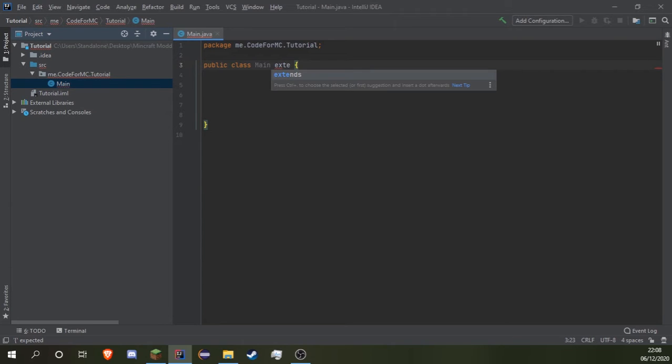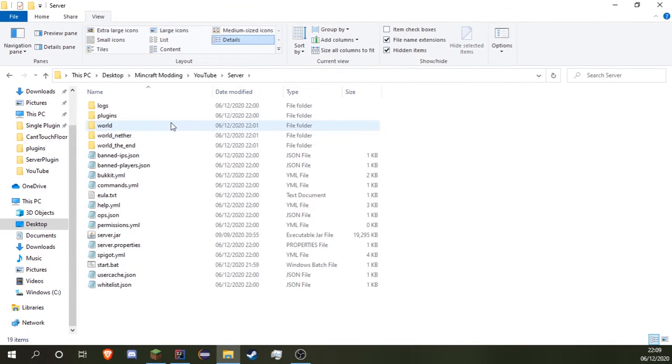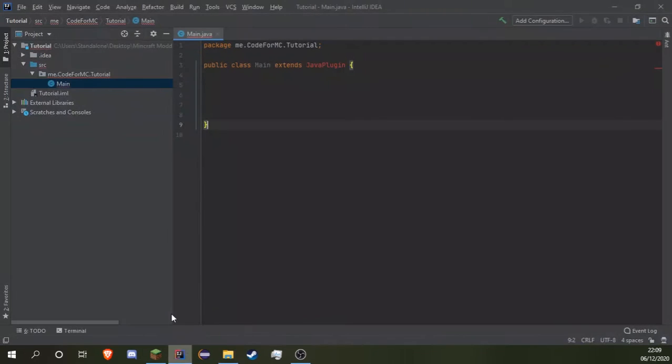So what we have to do first is type extends right after our main thing, JavaPlugin. We are going to have a compilation error now, because this does not exist in this library. We need to get our library from before, that spigot.jar, which was this thing right here. So what we're going to do for that is hit this little Project Structure button up here, which you can also do with Control Alt Shift S, or go to File, Project Structure. So hit this,